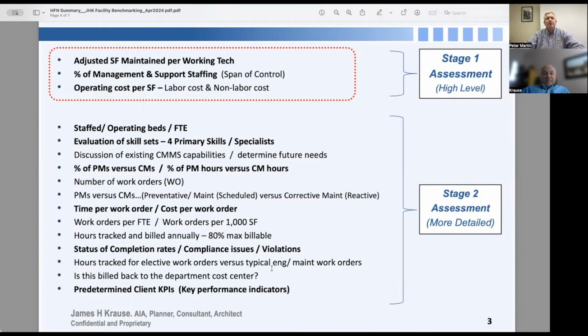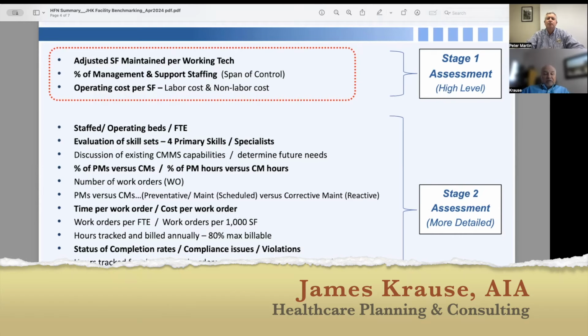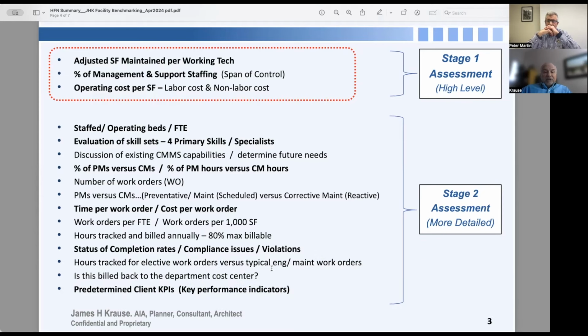So what is stage two? What is stage two saying right there? Well, through the 100+ hospitals and detailed discussions, another couple of quick points is that we can now look at what the FTE ratio is per staff bed or per operating bed and see how close that is. Another item I've found is that